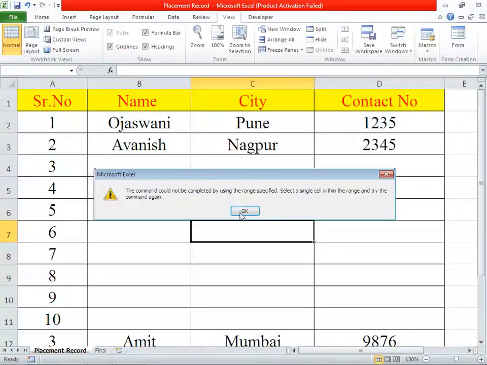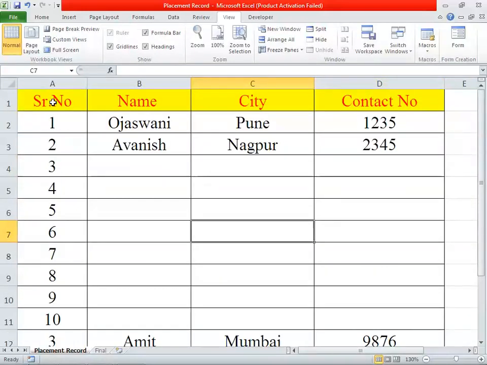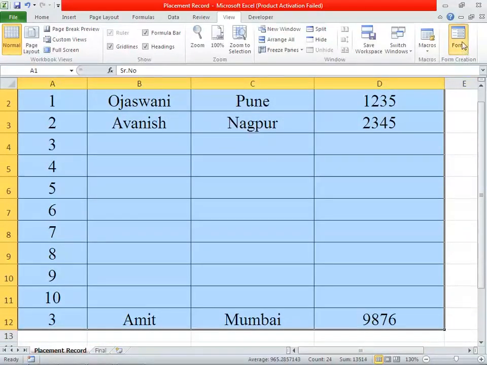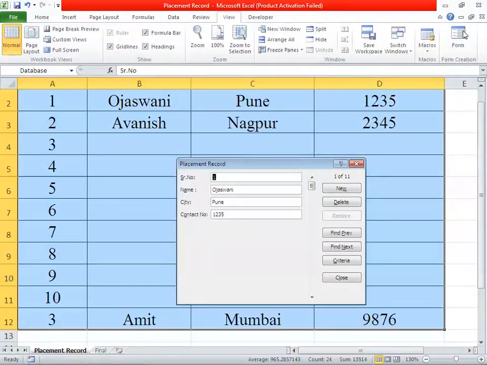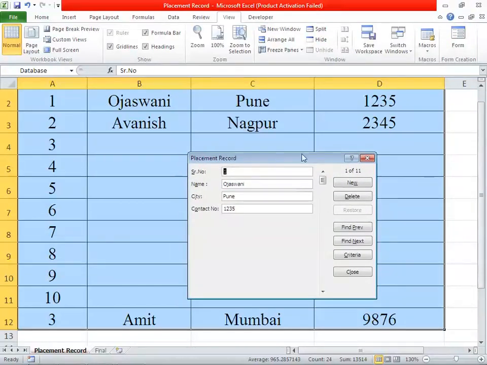We just go to the form itself, or if we have to select this, just select this and go to the Form option. So the first one is created, and for the next, the third, if you have to enter here the name, we will give Gayatri, city Nagpur, and the contact number is this, and click on the New button. This means that this data will be added here.